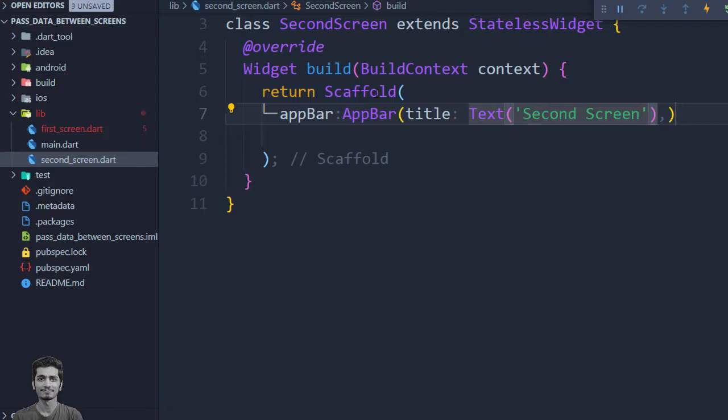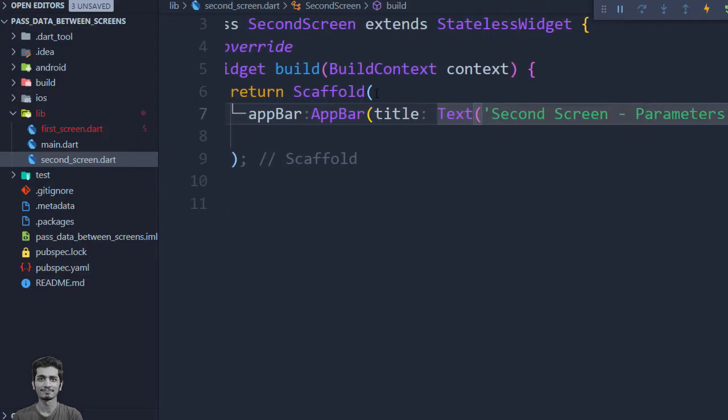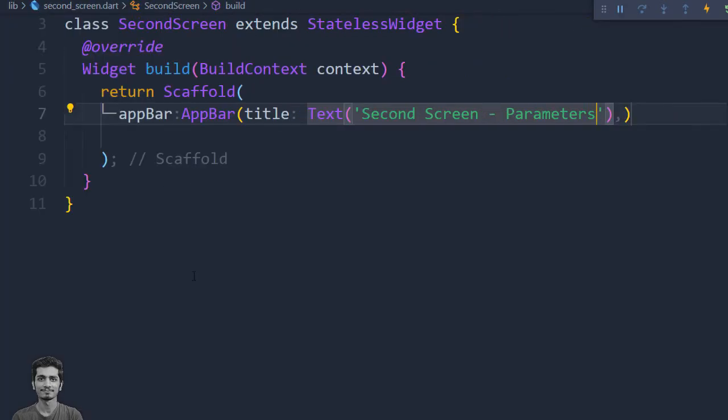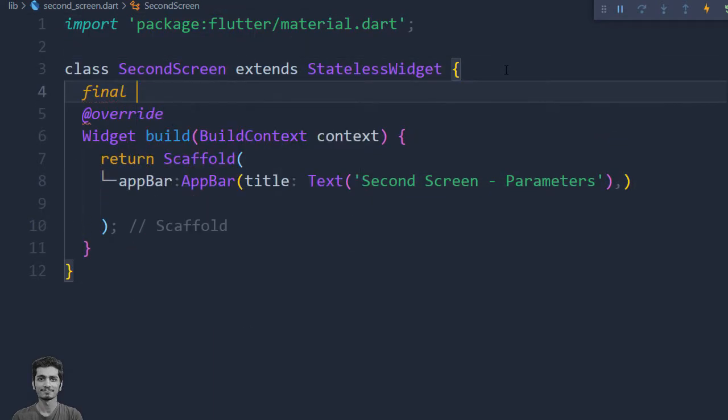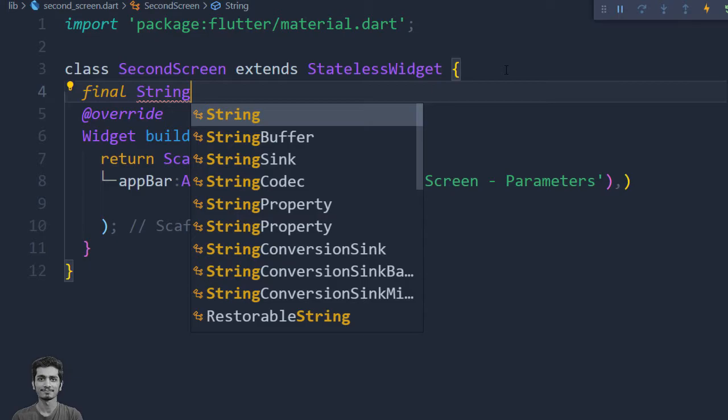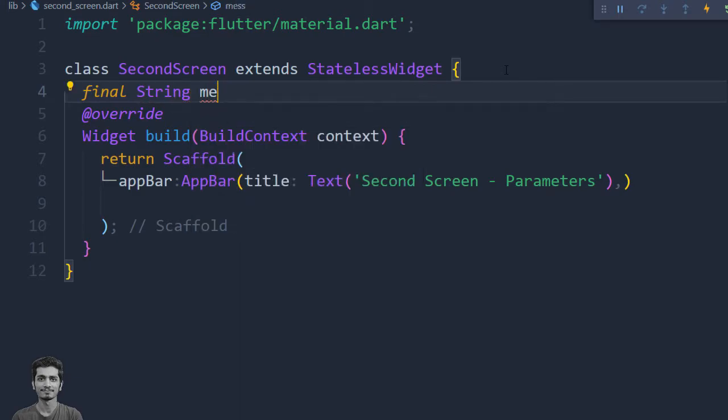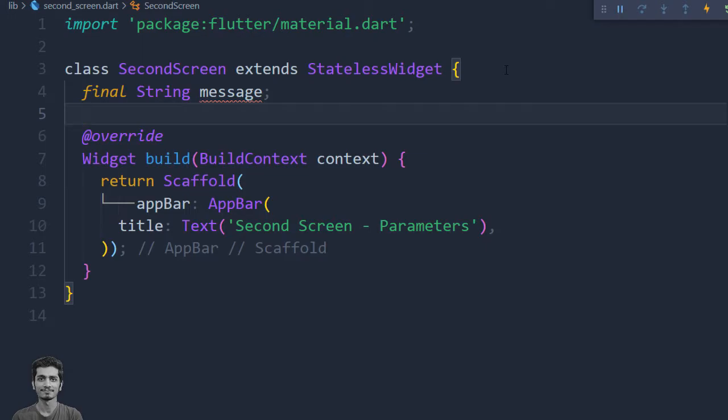We will receive data in the second screen by using parameters. Let's create those parameters in the constructor. We are going to create a string message variable. We pass a string argument to this message variable through the constructor of this second screen.